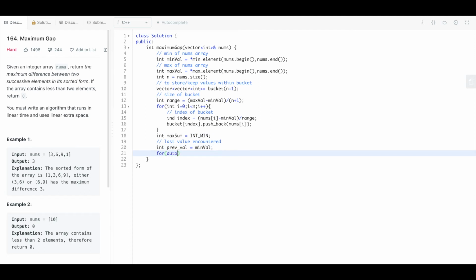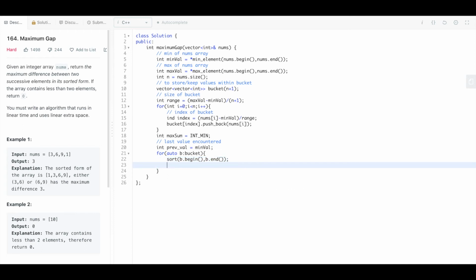Now we will go through each and every bucket. For buckets, I will just do auto b and traverse through all the buckets. Within the bucket, first I need to sort the bucket. So I will just do sort b dot begin and b dot end. There is a typo here, I'll just fix it. Now you might be thinking, why are we using a sort algorithm? We can use counting sort here if you want. I don't want to implement counting sort, but definitely it's not going to be a huge time complexity, because when we define a bucket, let's say 10 to 20, there could be a maximum of 10 numbers only. So this will run more or less in linear time.